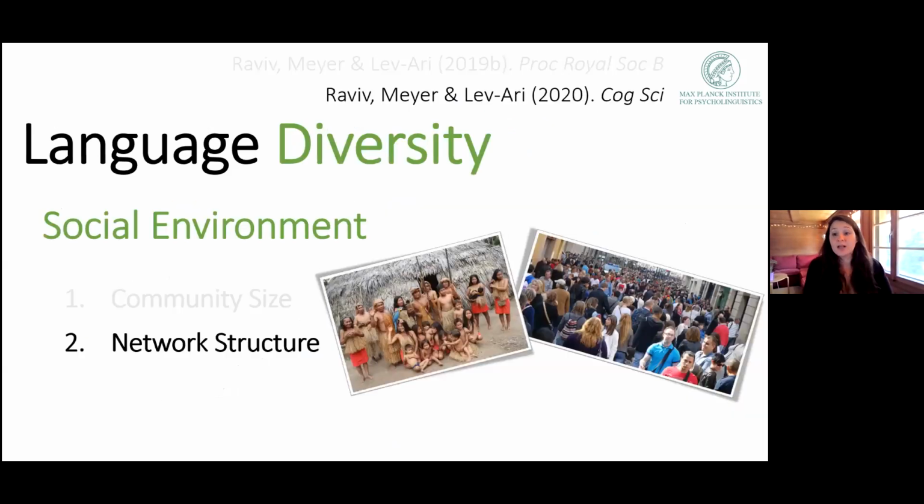Okay, so the next thing I did after this was to look at network structure. Does it have the same effect as community size? Here I asked, what happens when groups are of the same size, but they vary in how much and how community members are connected to each other? Is the process of language evolution also shaped by the density or sparsity of the group?